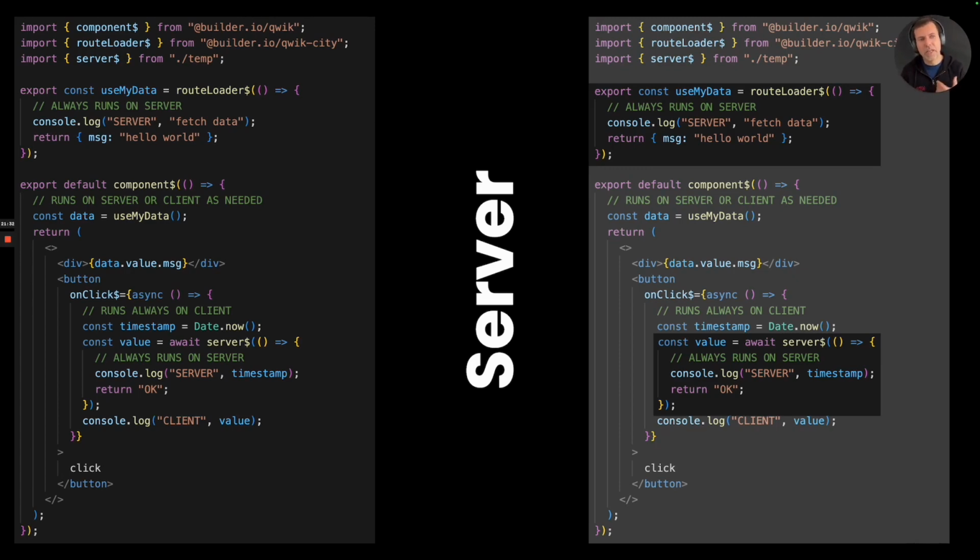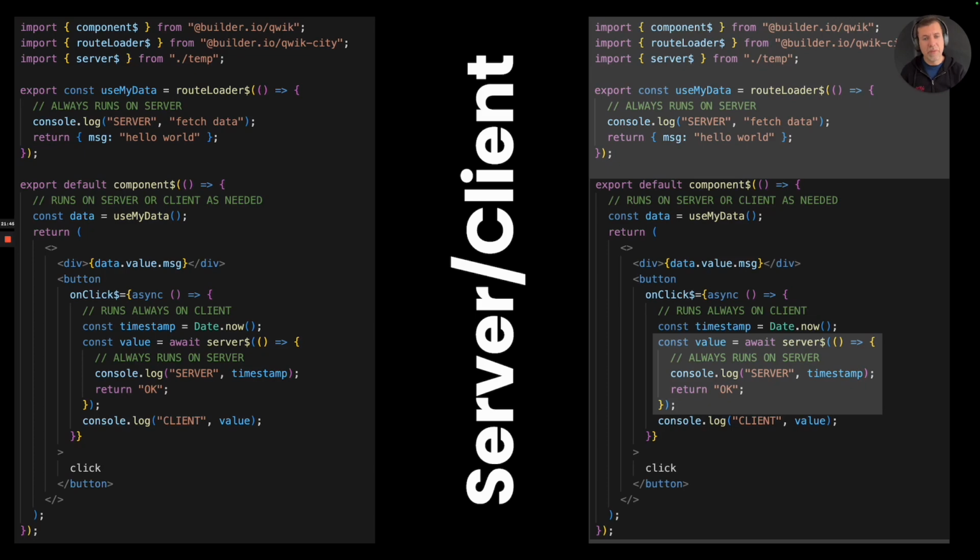And so as a developer, when you develop with a particular library, you kind of know, hey, this bit right here, I know will run on a server all the time. And it's kind of cool that you can just put everything in the same file and have all the pieces work together. This piece of code, on the other hand, will run both on a server and client. Sometimes people refer to it as isomorphic execution, right? So on a server during server-side rendering, you know that this particular code will execute, but you also know that this code can execute on the client because it's possible that the component gets re-rendered or something changes, etc. And so both places of execution are valid for this particular piece of code.